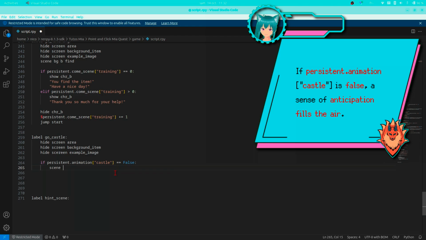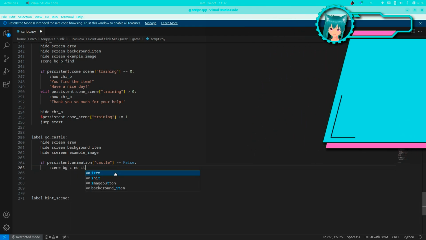If persistent.animation castle is false, a sense of anticipation fills the air.